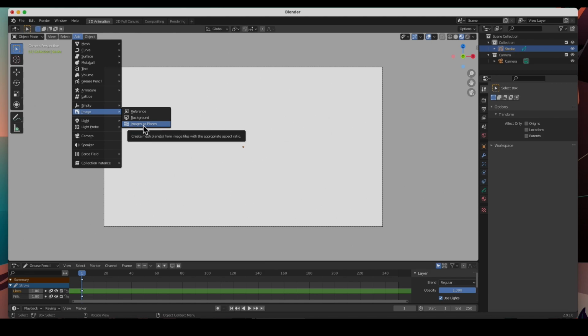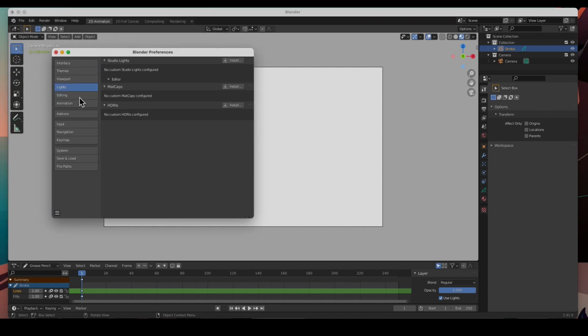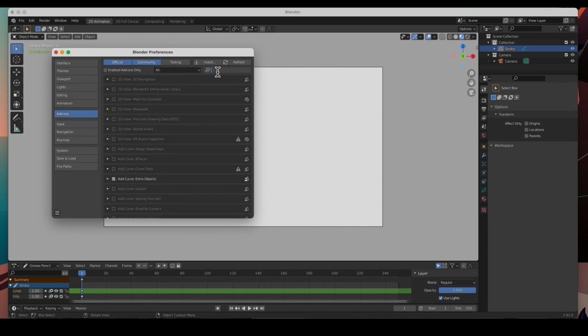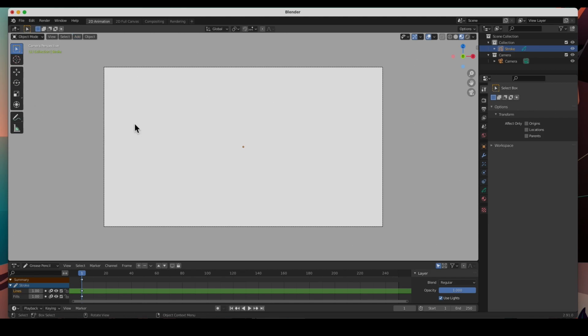If you don't see this image as planes, guys, you have to go to Edit, Preferences, and then in the preferences, add-ons, type images, and then make sure that this is clicked on, import images as planes. Mine is already checked on. That's why I see it. Here it is, image as planes.